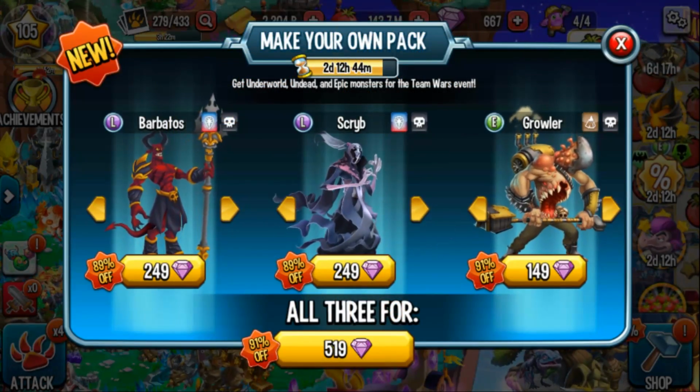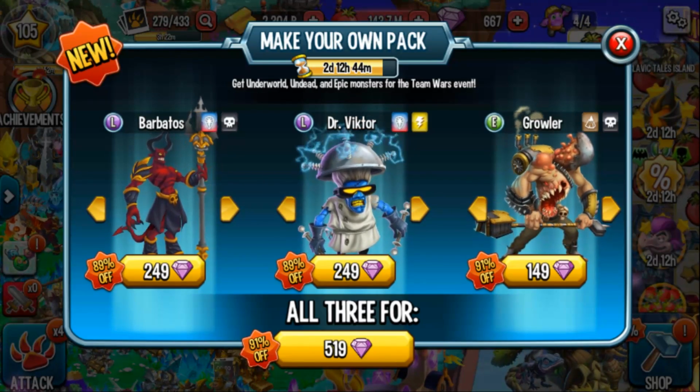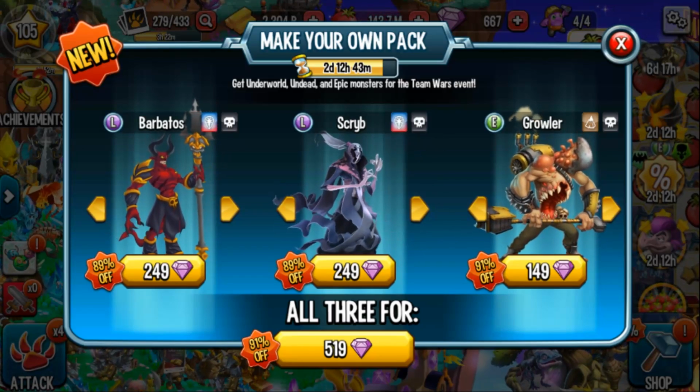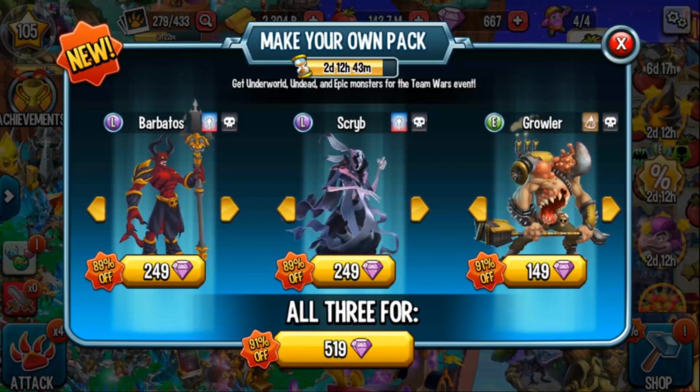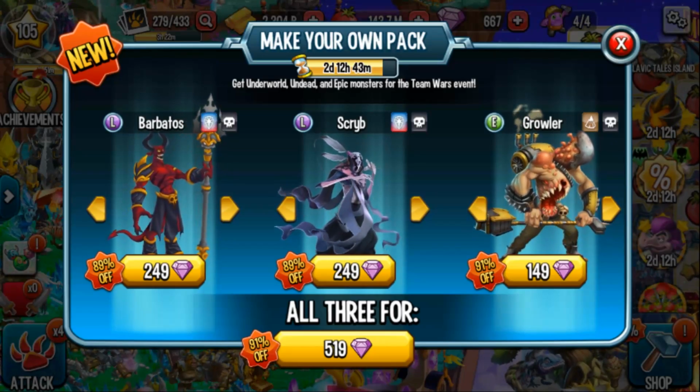And so both Dr. Vicktor and Scribe are really good monsters. As for which monster is worth getting, at the end of the day, it's ultimately up to you. If you need a monster for defense and offense, go for Dr. Vicktor. And if you need a monster more so for offense than defense that can counter Dr. Vicktor, go for Scribe. And as for the Underworld category, there's only really one monster I'm going to be recommending,